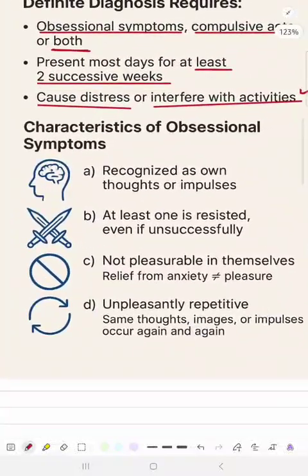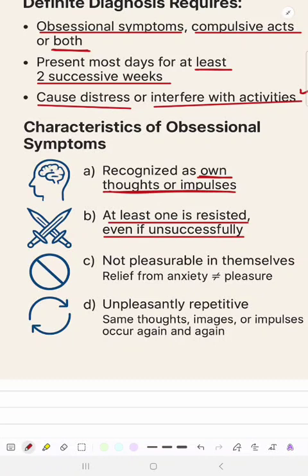Now these thoughts should be recognized as the person's own thoughts and impulses. The patient should not think that these thoughts have been implanted in my head by someone else, or that these are not my own thoughts. And at the particular moment when a patient comes to you, at least one act or thought is resisted unsuccessfully. We don't consider it if the patient had something in the past and resisted it successfully. Only when the patient is not able to resist these desires or urges to perform the acts or these repetitive thoughts will we diagnose it